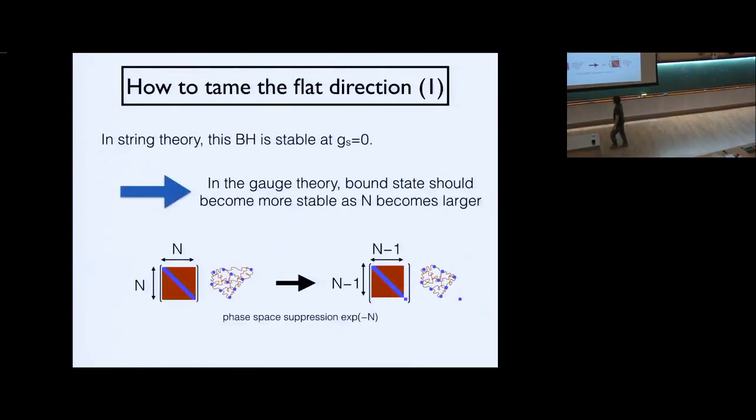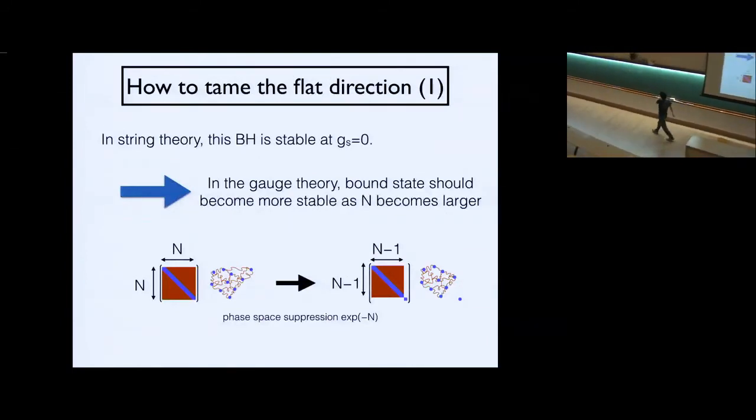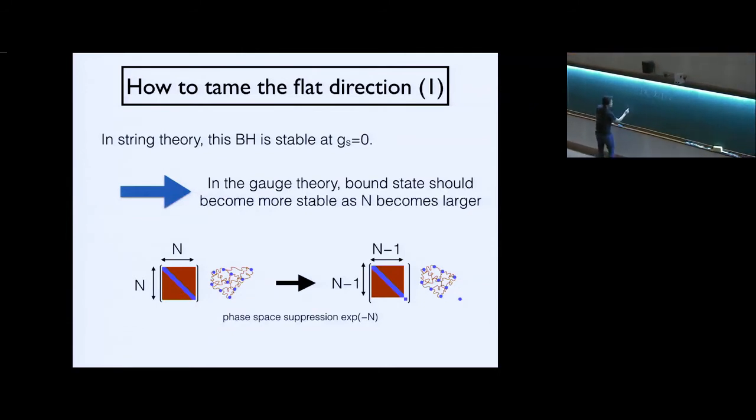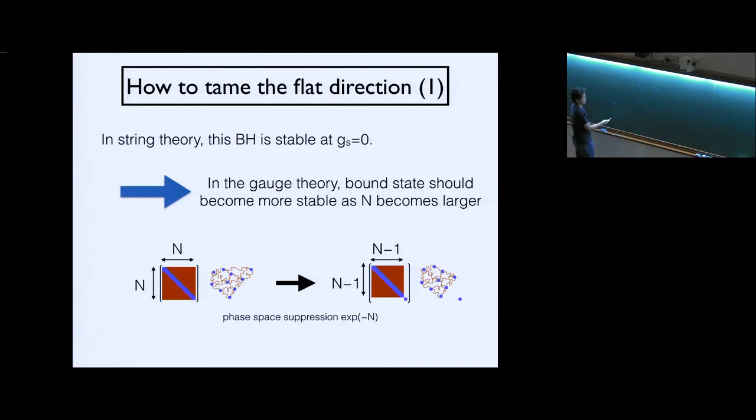But physically, the reason is that if you have d branes separated far away, then they can interact via off-diagonal elements. The bosonic mode gives an attractive force, the fermion gives a repulsive force, and they cancel. That's the reason why a particle can go very far. So the black hole phase is a bunch of n d branes, and if you look at this commutator part, you can write this x to be